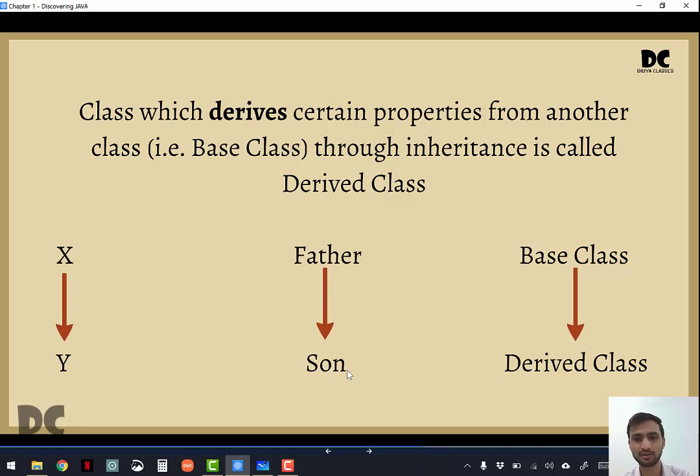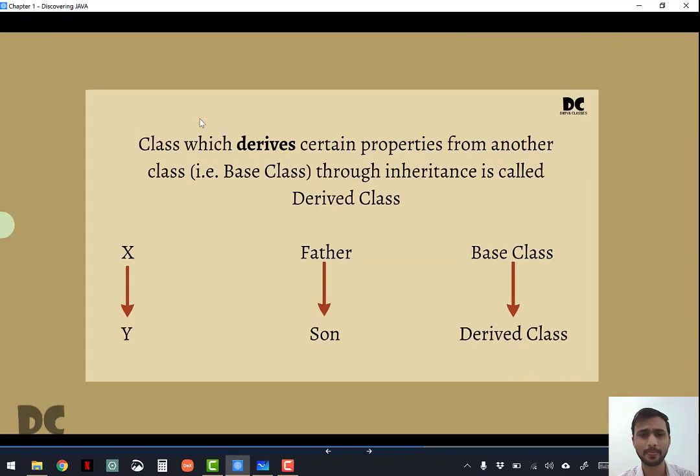Okay. So people will say to daughter that you are the same as your father. So we can say that father is the base class and son or daughter is the derived class. The class which derives certain properties from another class, that another class is a base class, through inheritance. They are using the concept of inheritance. It's called derived class.